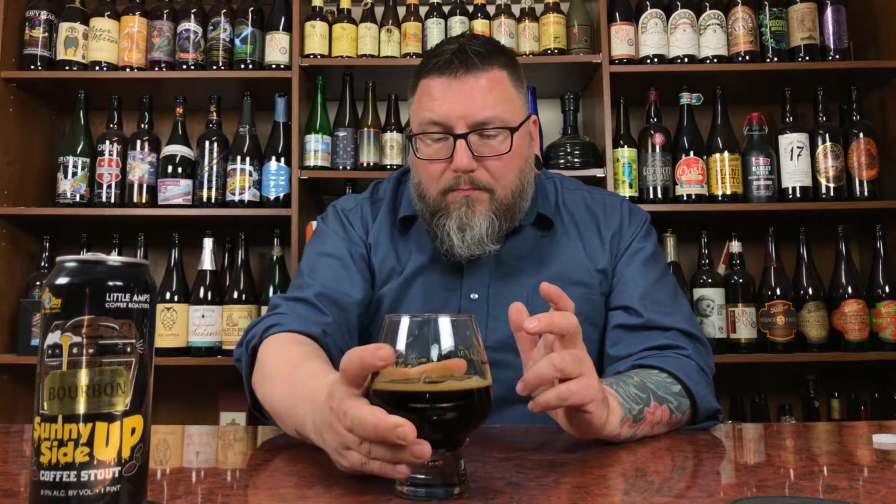It's nice. There's a little bit of a slight metallic astringency. If you watch any of my other reviews, most of the time I'm usually getting that note in a base porter or a low ABV stout. I don't think I've ever really gotten it out of a larger beer like this. And I talk about the ABV on this one. Well, it's 9.5. I don't know if the bourbon changes that a little bit, but